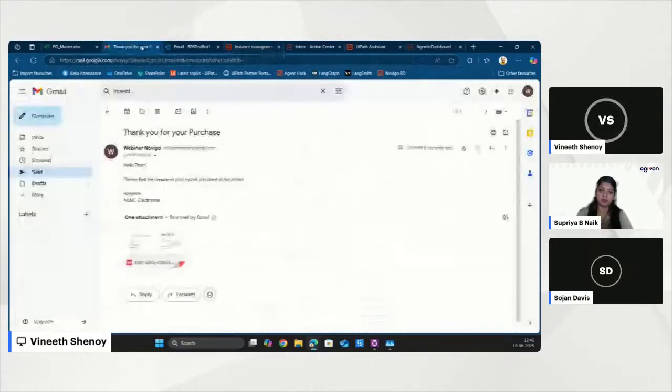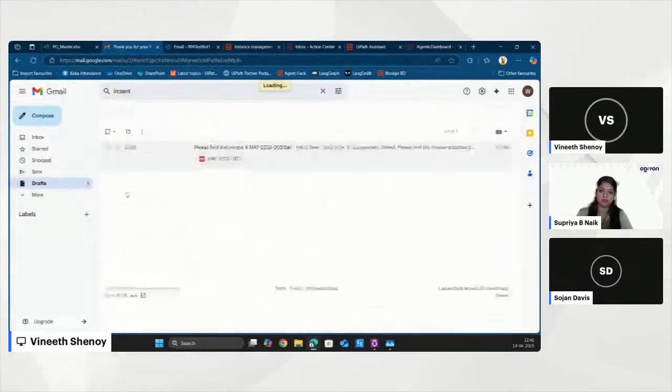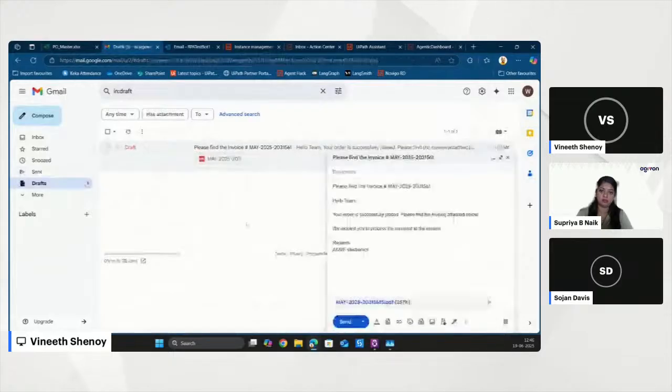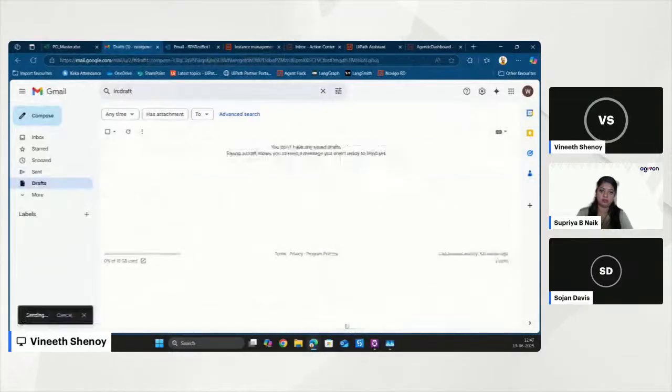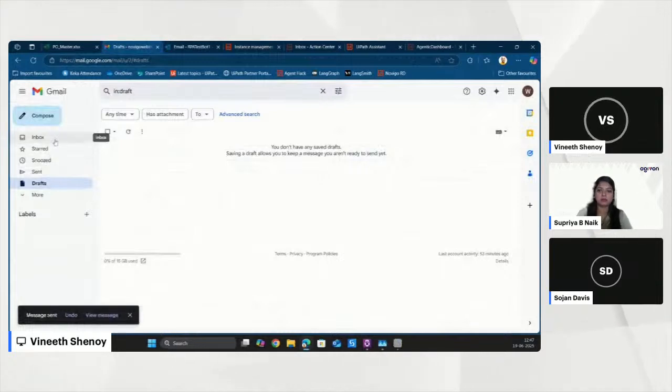So we'll wait for the reply mail. Until then, let me just send a third instance so that we don't waste some time. So I've just sent a third invoice, and this one has a very significant, a very important discrepancy. Okay, we'll see what it is and how the agent identifies it.